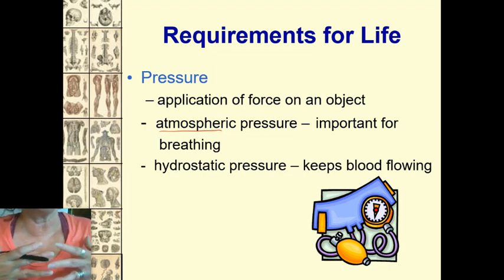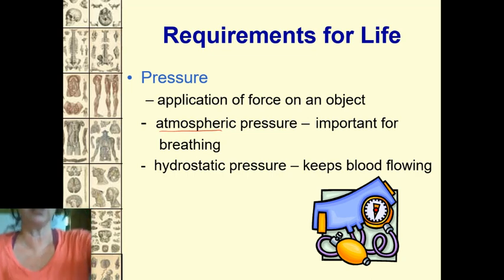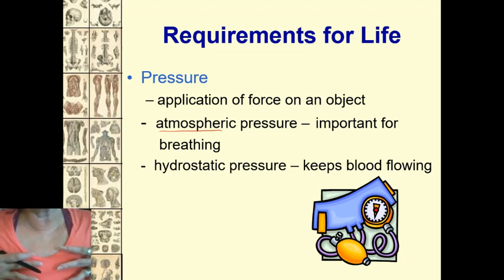When I'm breathing in, my diaphragm, which is way down here, contracts and moves down. That increases the space in that chest cavity. Also, the muscles between your ribs pull so that your rib cage expands. Once again, now I've just increased the area inside that thoracic cavity. Something has to fill that area, so air rushes in. That has to do with atmospheric pressure, and obviously outside atmospheric pressure is going to play into the moving